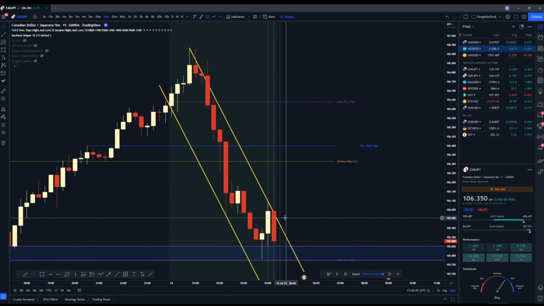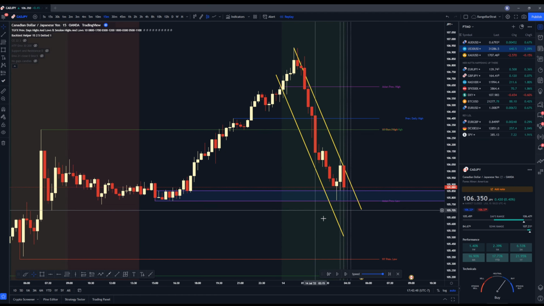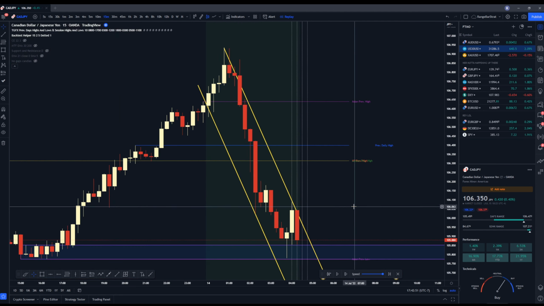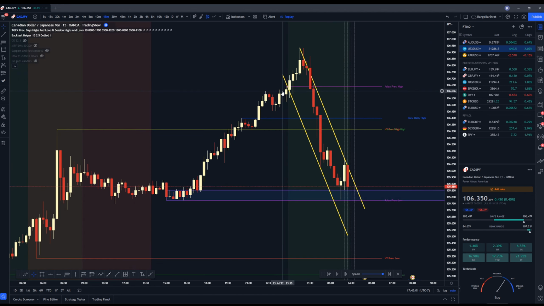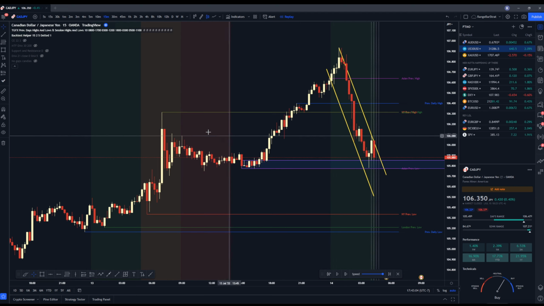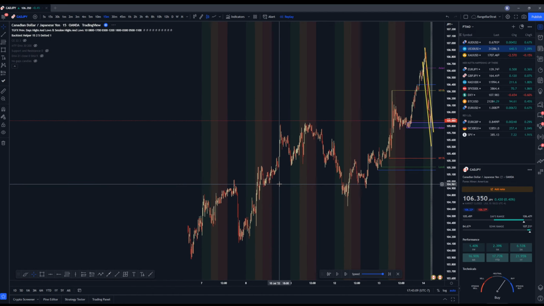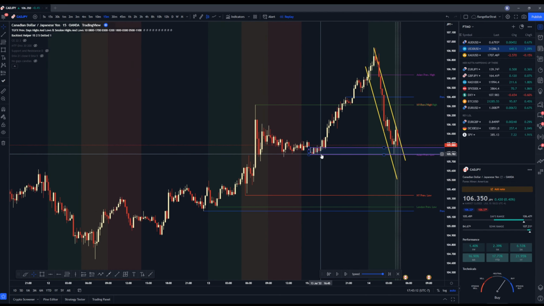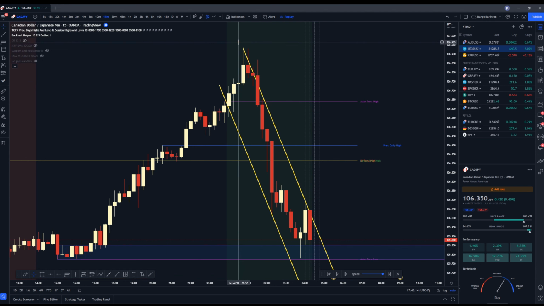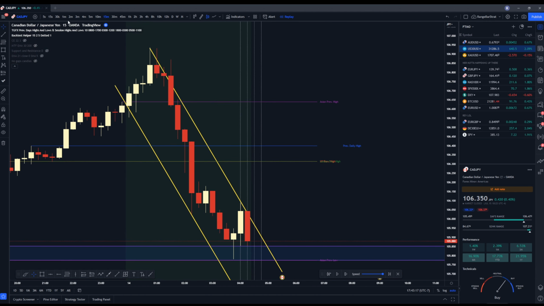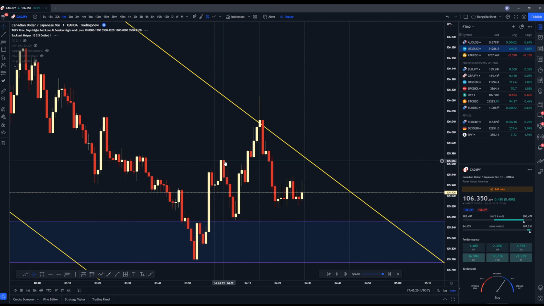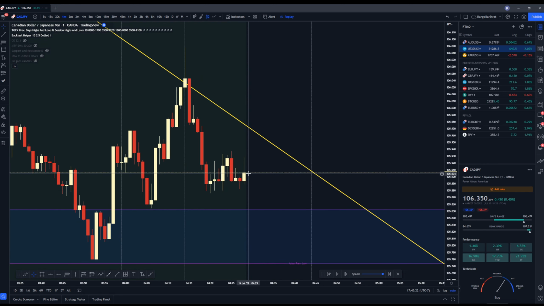So once we wick back up into here, we push down, then we would expect to bounce from somewhere on this. Now, I could be completely wrong, and we could just bounce from this area of demand that we're at right now, but I don't know. We never know. That's the beauty of trading. It's different every day, but once we start playing out of this full uptrend, because we are very bullish, once we return to that uptrend, we expect a run of these highs. I don't know if we're going to do that today, next day, next week, or what, but I'm just here to get this price action bread.